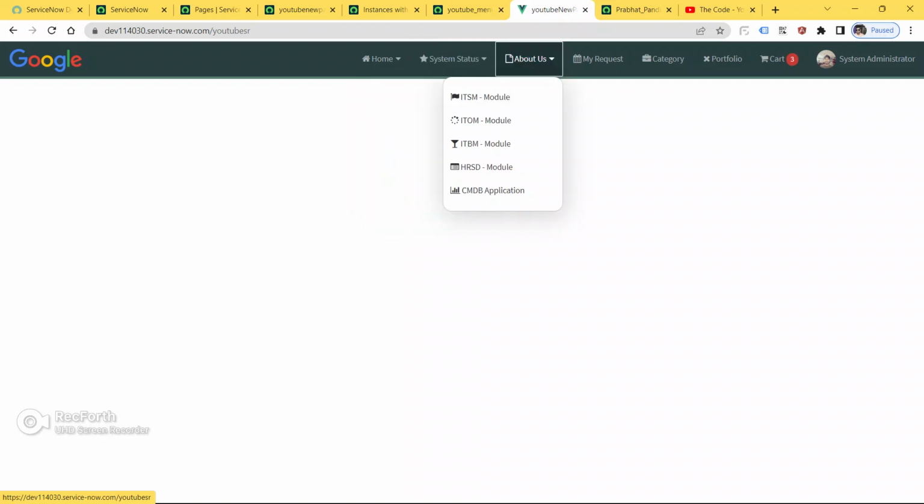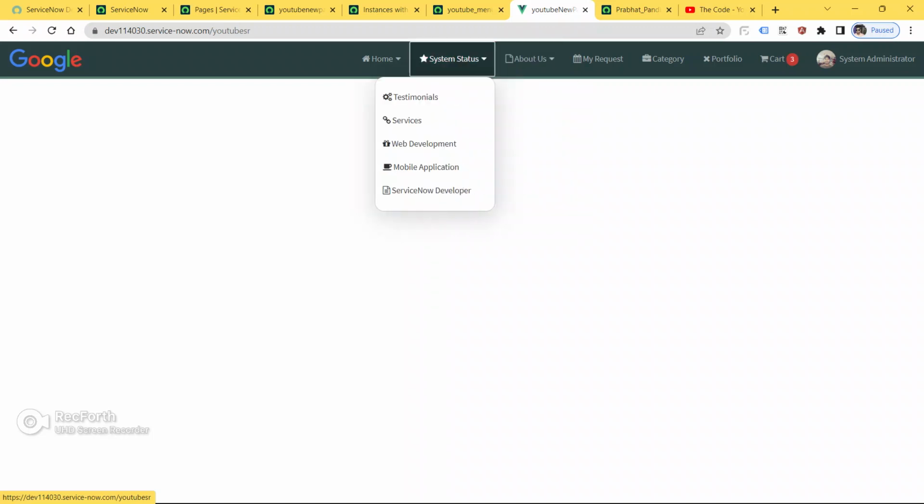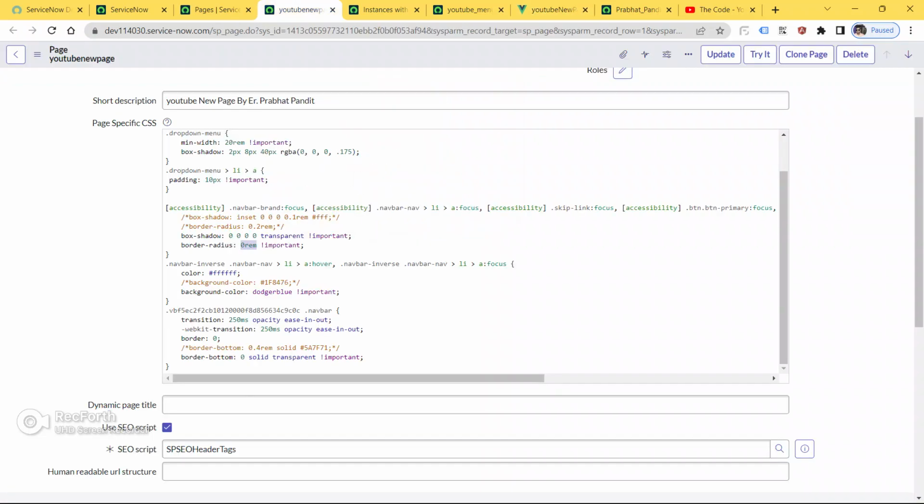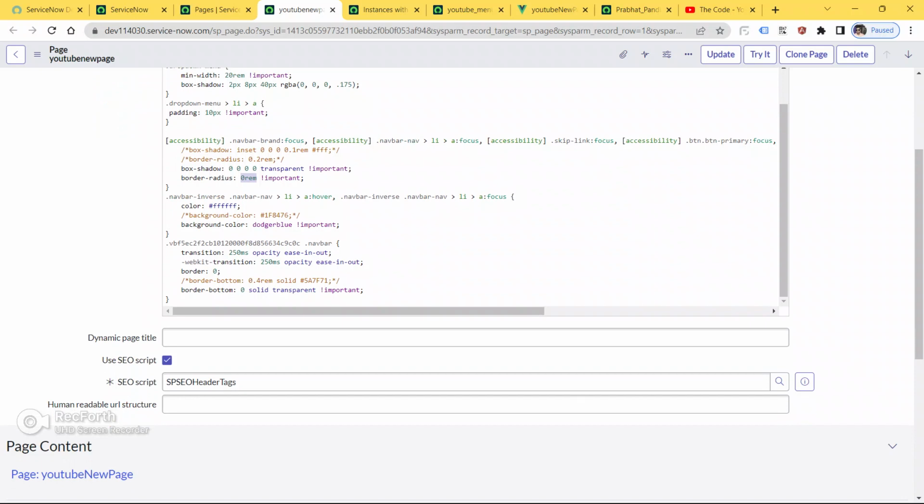As you can see, guys, you can see a little amount of border radius here also. This navigation bar has also got some kind of border radius. So we are going to remove this border radius from here. That's why I have given border radius as 0. And guys, see, navbar-inverse .navbar-nav > li > a:hover